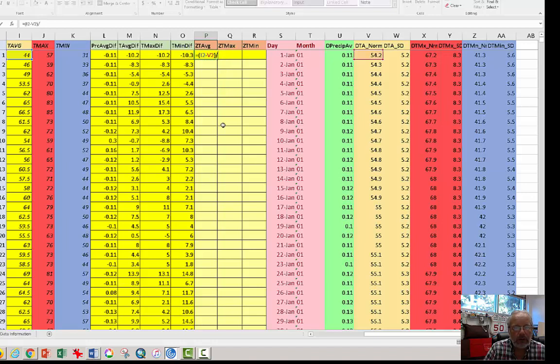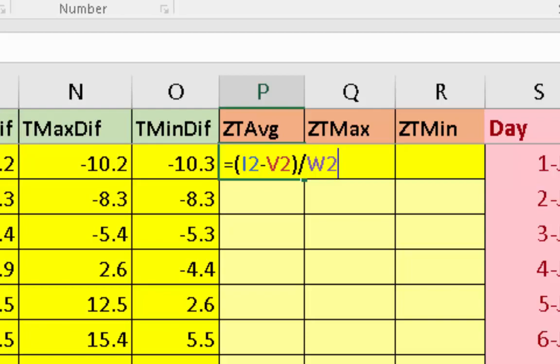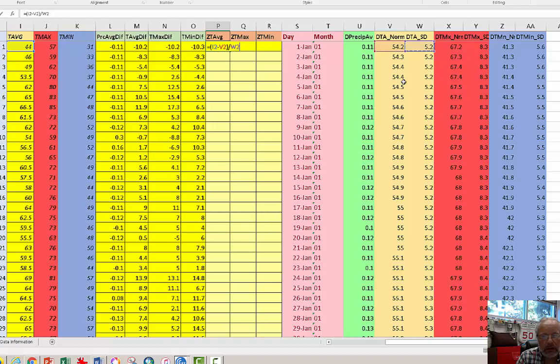We take the difference between the daily observation and the climate normal and divide it by the standard deviation for that observation, or for the climate normal as it were, and that's 5.2, and that value is over in cell W2, so you can type in W2 and you press enter, and it shows you that this day was actually quite cold because it is negative 1.9615 below average, and that's sort of a magical number in the statistical world,